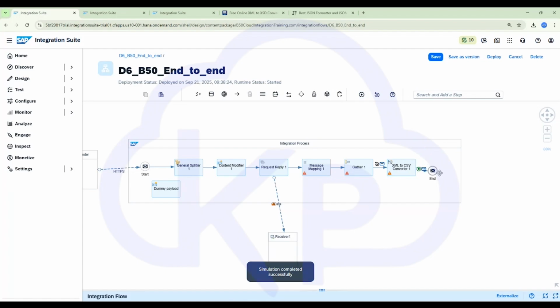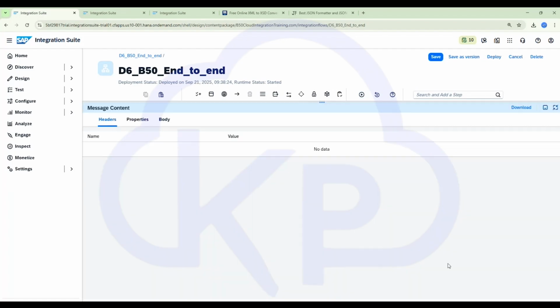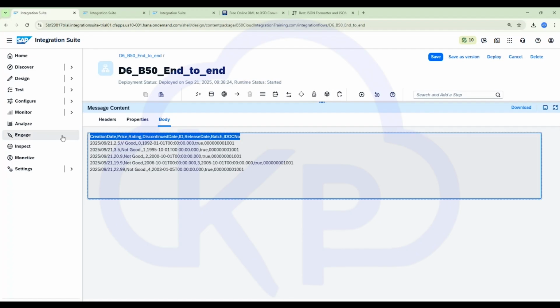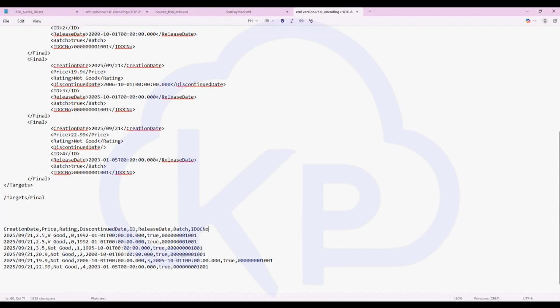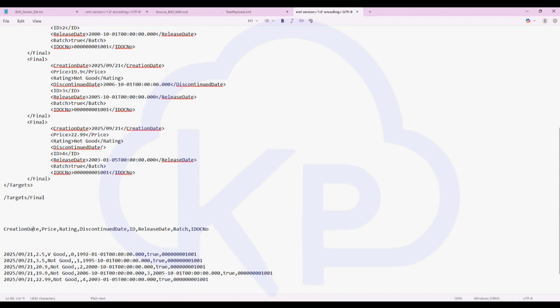Now, to see the response, we are having the header as well. If I do not need this header, and I need something like creation date instead, then I need to add a content modifier after this, which I think Jack has just mentioned is the solution. So what you have to do,